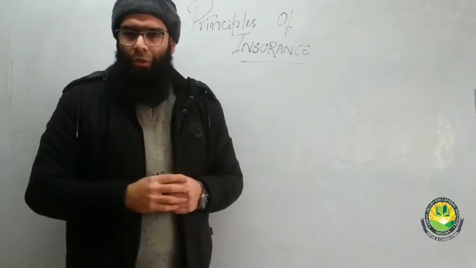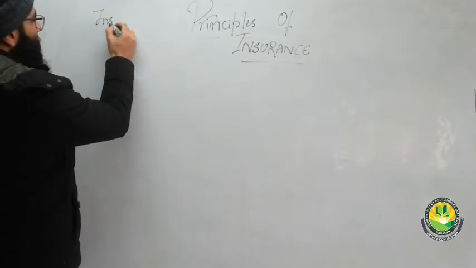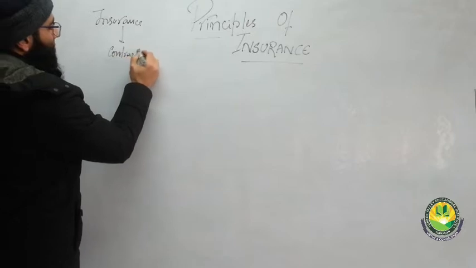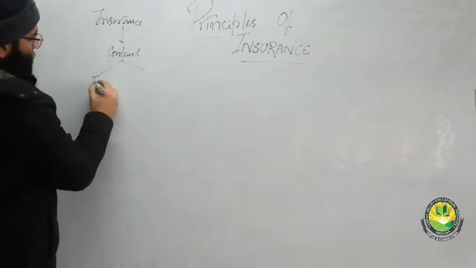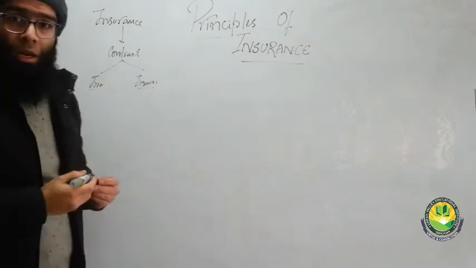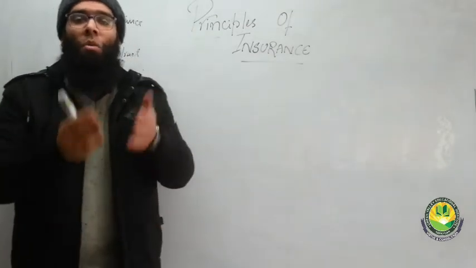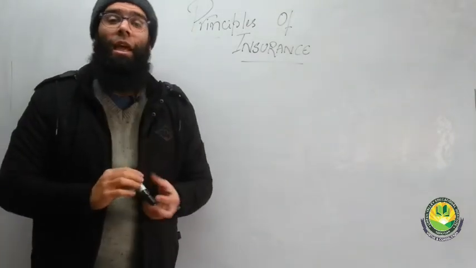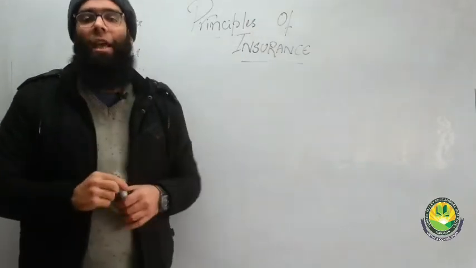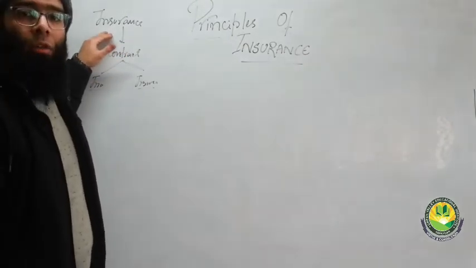To just recap in a few brief moments, insurance is simply a contract between two parties, insured and insurer, wherein one party insures the other and compensates the loss, or we can say indemnifies the loss, in case the insured has suffered any damages. So we can say that insurance is a contract of indemnity.